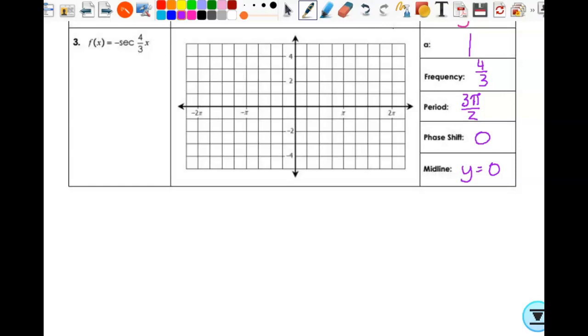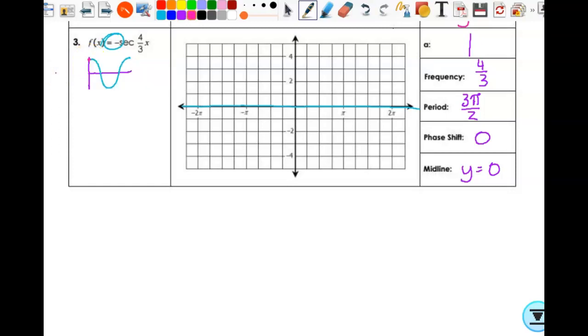Secant is the reciprocal of what? Cosine. So I would sketch myself a little cosine parent function there and sketch in my midline. Then I'm also going to circle this negative sign here because I wrote everything else down over there, but I didn't write that down because it wasn't asked of me, but I got to make sure I pay attention to it, right? Okay, so I start on the axis